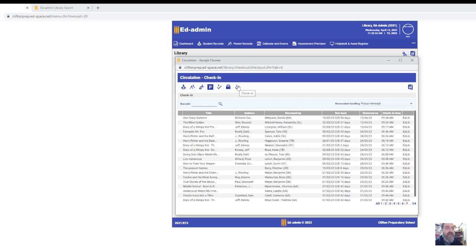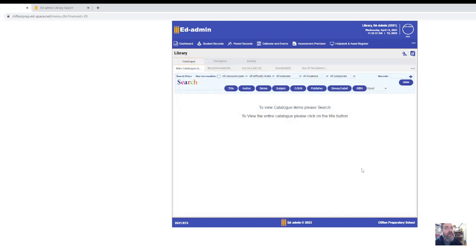You don't have to select. If you've got a pile of books being checked in, just hit check in. You don't need to worry about your class, and the barcode's in there, and then those books will come back in automatically. So that is a very quick run through